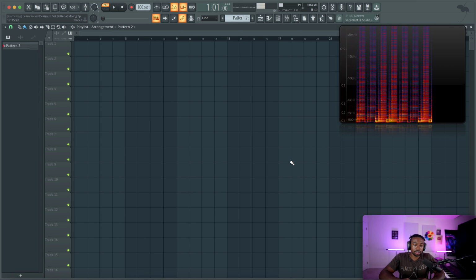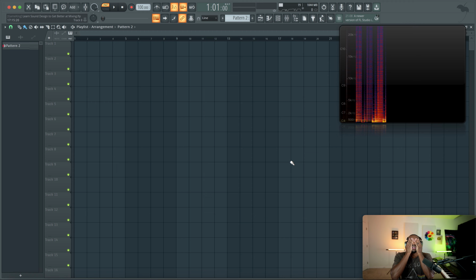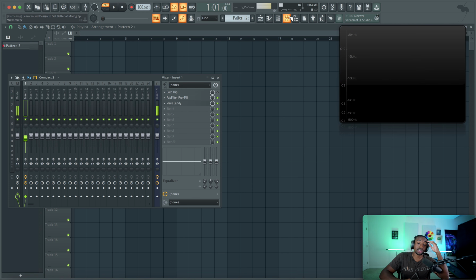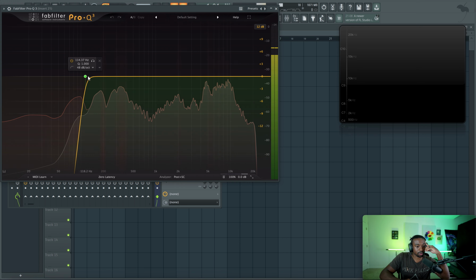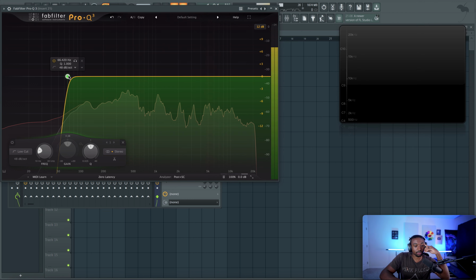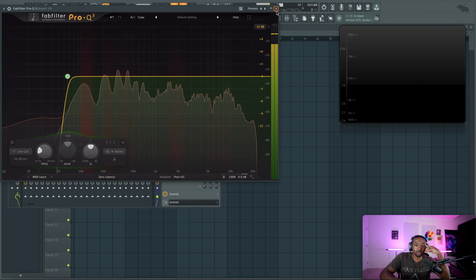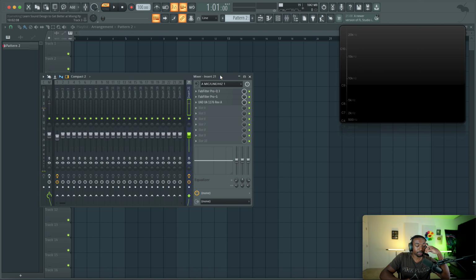Number one thing I'll say, as the final closer here, is that as a beginner or intermediate person in mixing, what happens is, I don't know why I had this EQ. My EQ is taking out like all my voice. Let's leave it right around here. So basically what happens when you're a beginner is that you don't leave enough contrast. You don't leave enough dynamic range in your mixes. So that's why I'm teaching you guys this stuff, to pull dynamic range back into your mix. There's a lot more to it than that, but I just wanted to show you guys some sound design principles that you can apply to mixing.